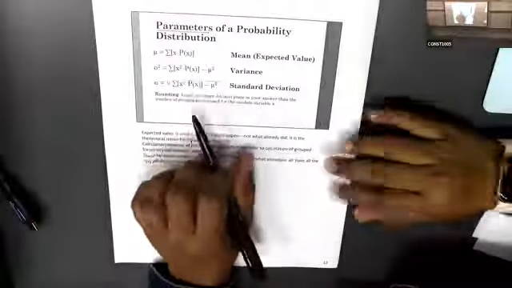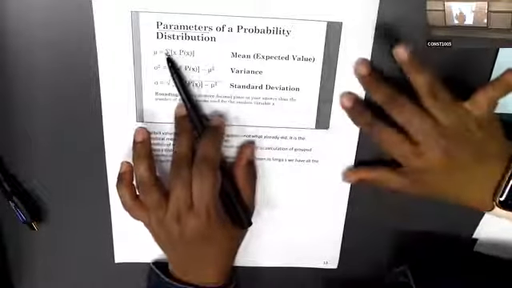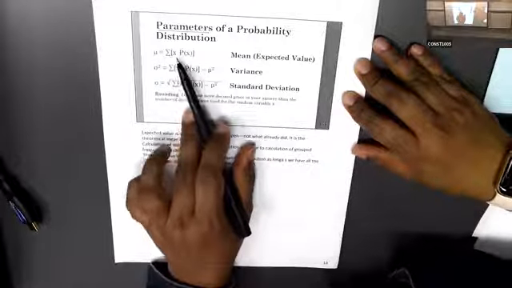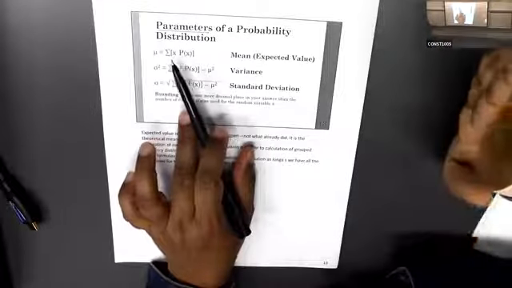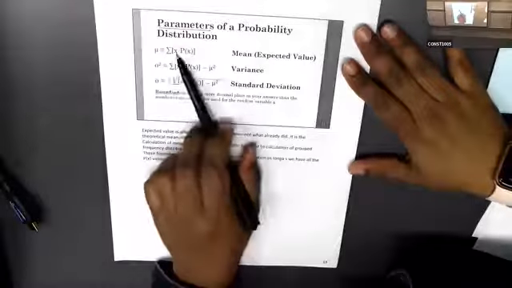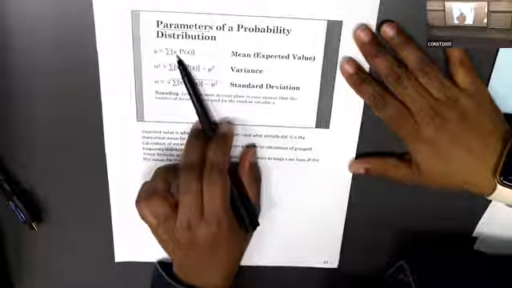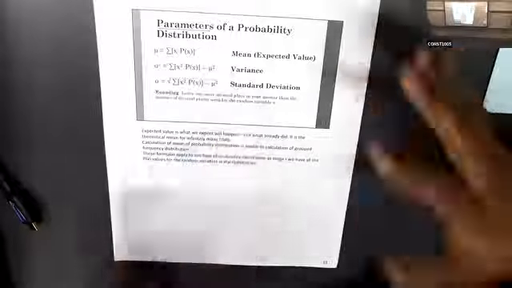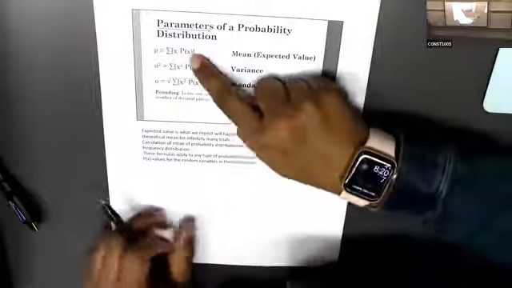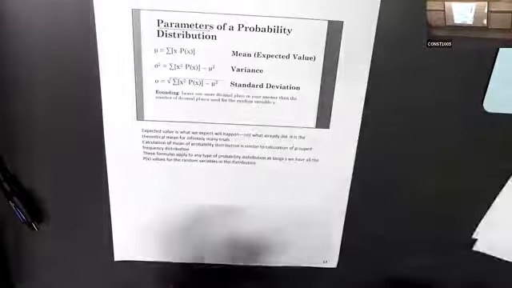So I will tell you how to read it, because it's somewhat complicated, not that much, but you already know how to read these things. Like if you see this symbol, sum, add them all. Remember I told you if you see this, that means add them all. What do you have to add? You have to add these values. What is that value? X times P(x). X means just the x value. You have to multiply that with what? The probability of getting that x value.